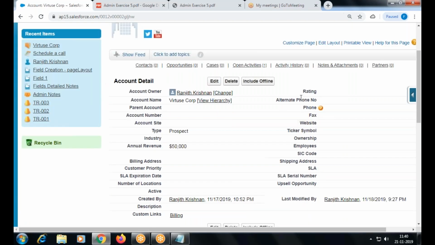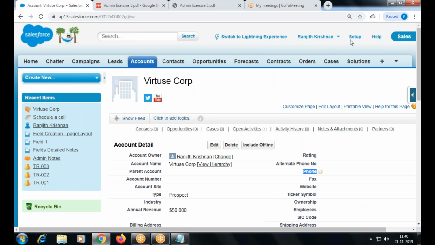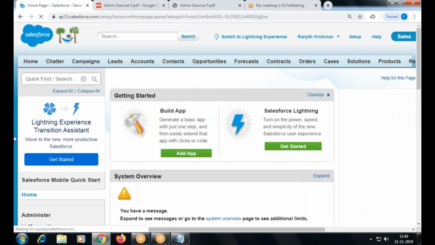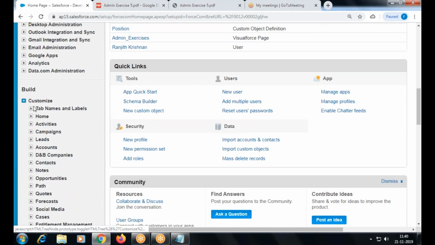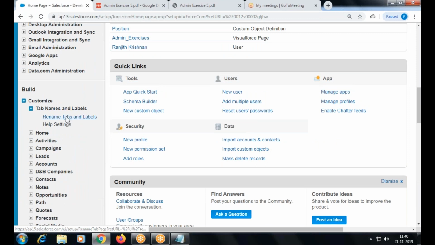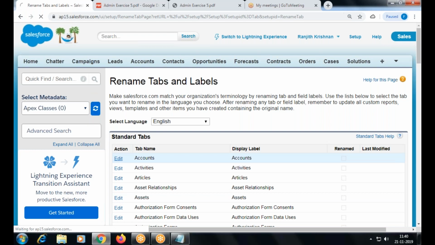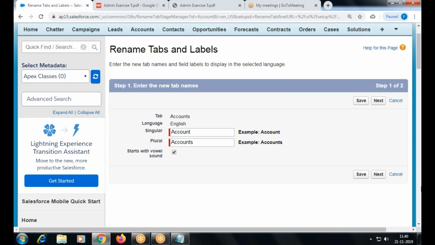What is the other customization? I would like to rename this label to contact number. So what am I going to do? How to rename the label? Customize. Which object? Account. Next. First, you are going to rename the tab if you want, fields, labels and all.